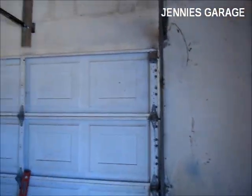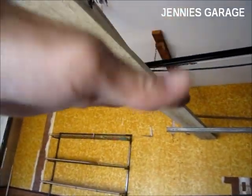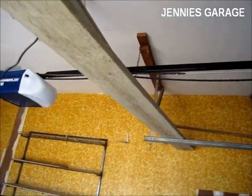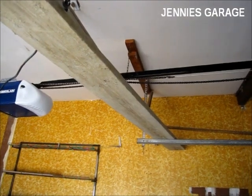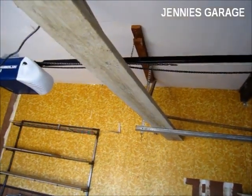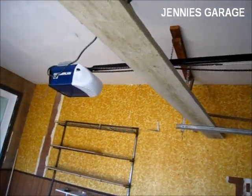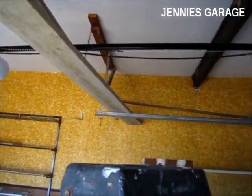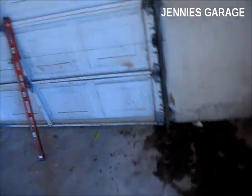The manual actually said to raise the garage door and then place this 2x material on top of the garage door itself and then rest the opener on that, and then that would be the correct height. I think that this way is a little easier for me since I don't have a helper. I don't see how I could place this piece of wood on top of an open garage door without any help. So what I did was I just went ahead and measured the distance